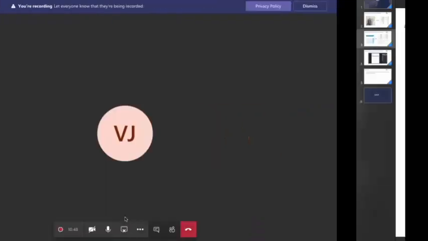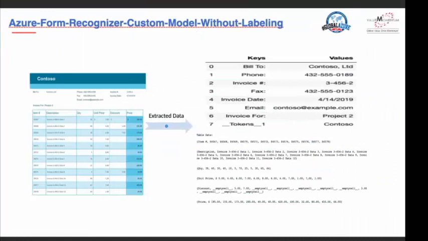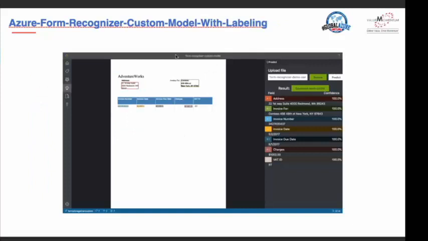Okay. And the last one is my favorite, which is basically the complex one and more useful, which is the custom model with labeling. In this type of model, we use some images for training our model. We annotate those images as per our need, and after that we test our model on some new, unseen image. This scene here is a tool called VOTT provided by Azure itself. Okay, this is for annotation of images and also for the training of it.